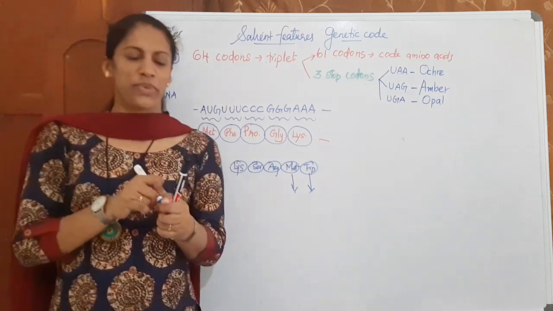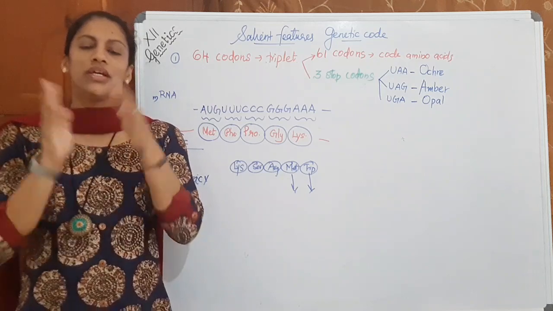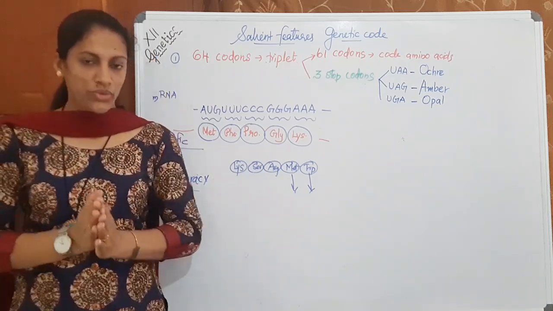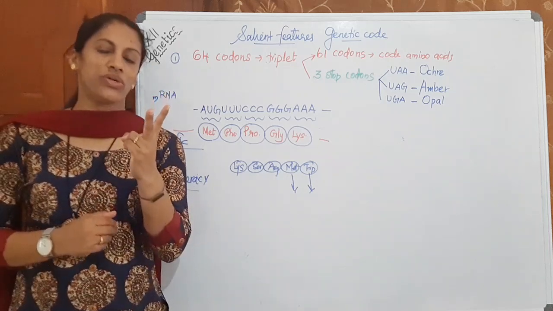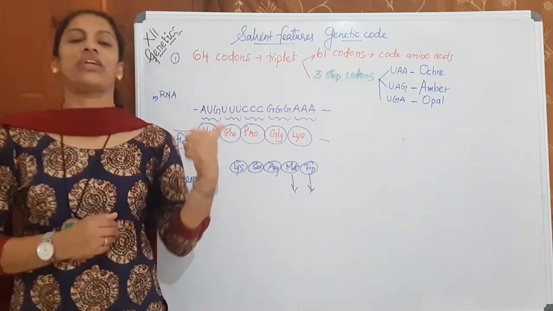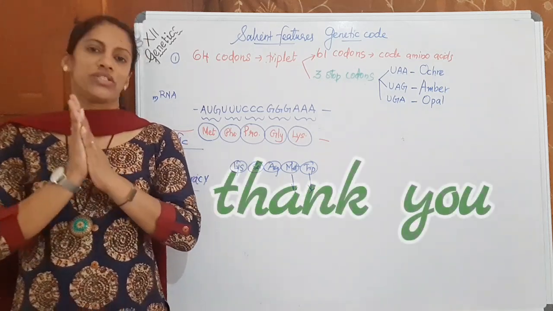This is also given as a part of their genetic coding book. That's why we discuss. I think it is clear. First study the representation how it is, then study the salient features. Then two important features you have to study are that the code is specific and the code is degenerate. Okay, that's all. See you in the next class.